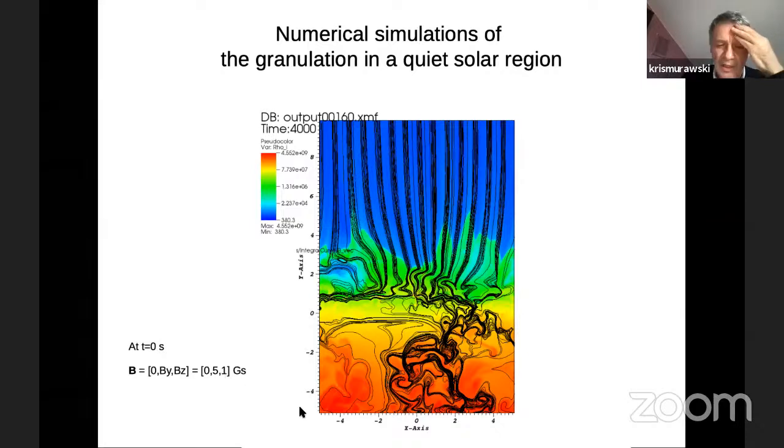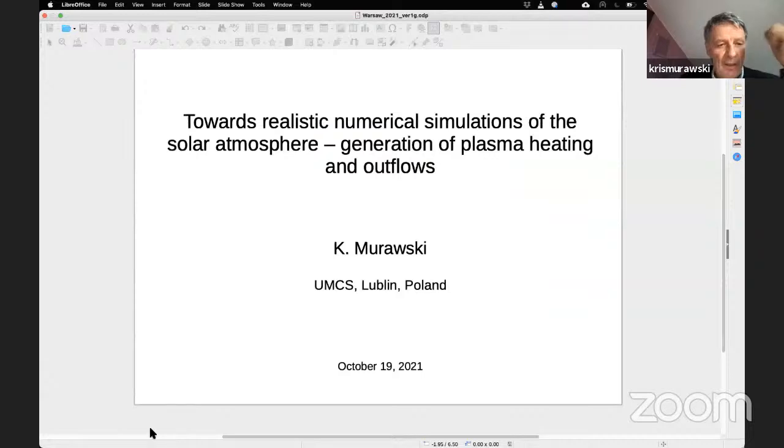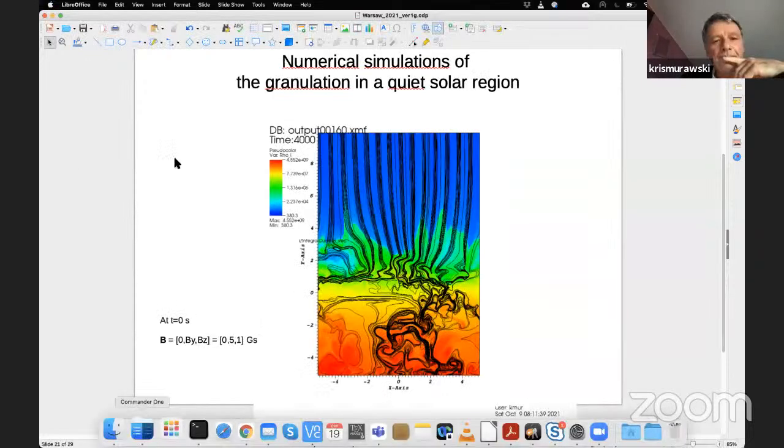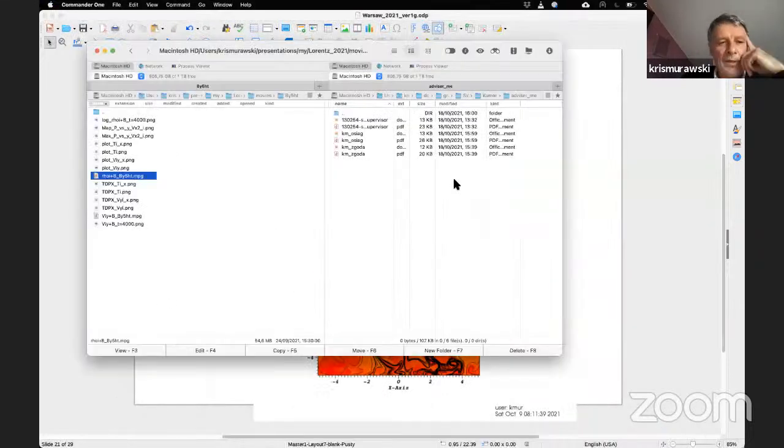We let the code work. Perhaps I will show the movie over here. This movie plays over here. I started this movie at some late time when granulation was already generated